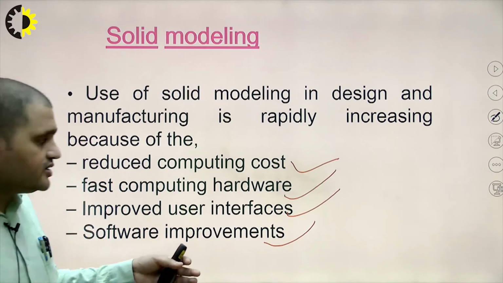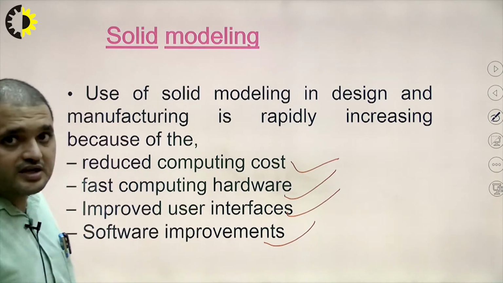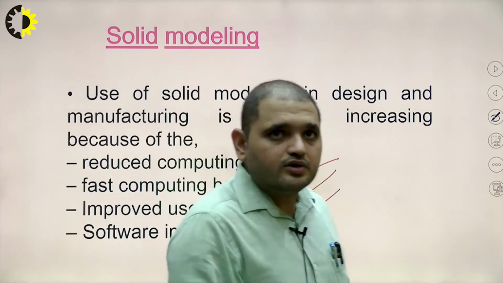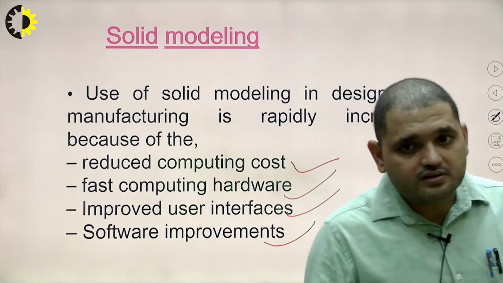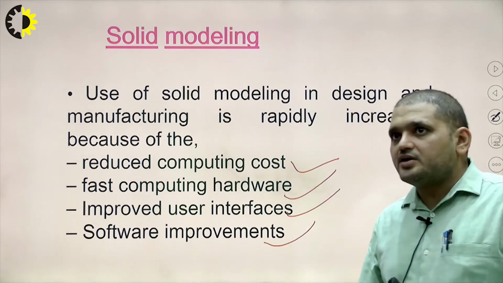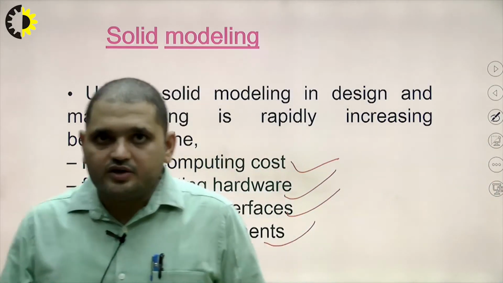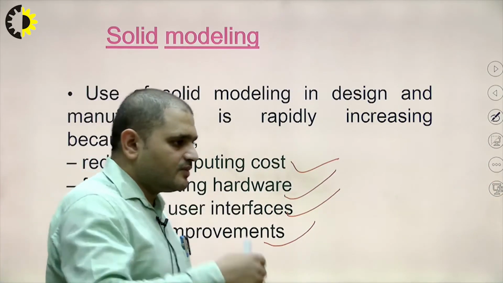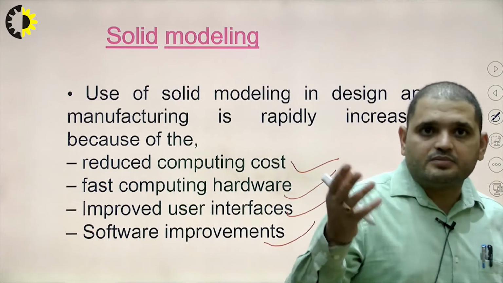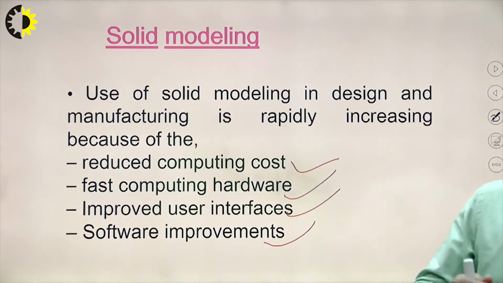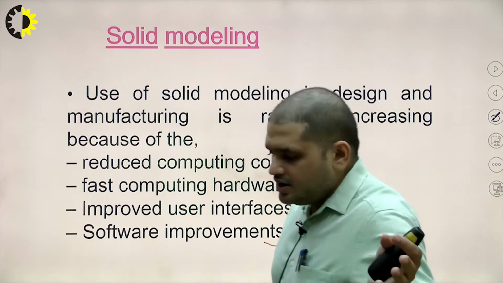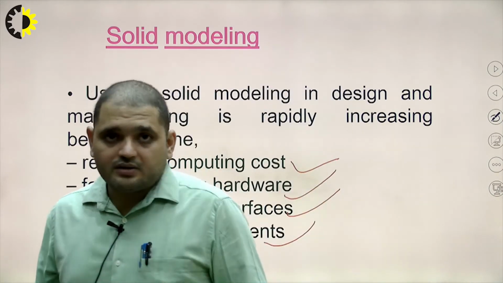Okay, so because of these reasons, solid modeling has become very easy, and solid modeling is very good for seeing the product. Before manufacturing you can see a more realistic product, and you can even manufacture the product with the help of the solid model in a 3D printer for prototype purposes, which we call rapid prototyping. Okay.